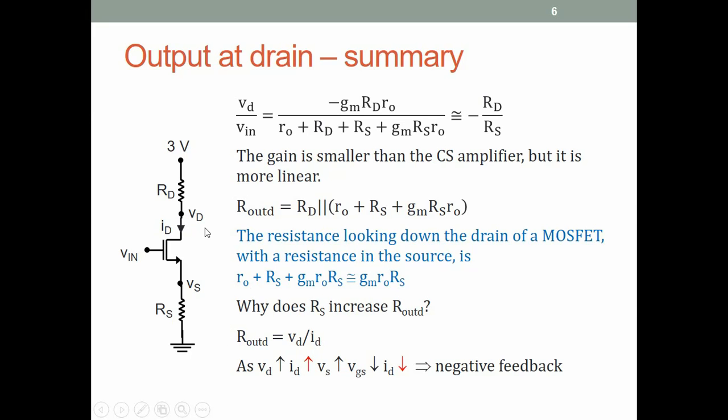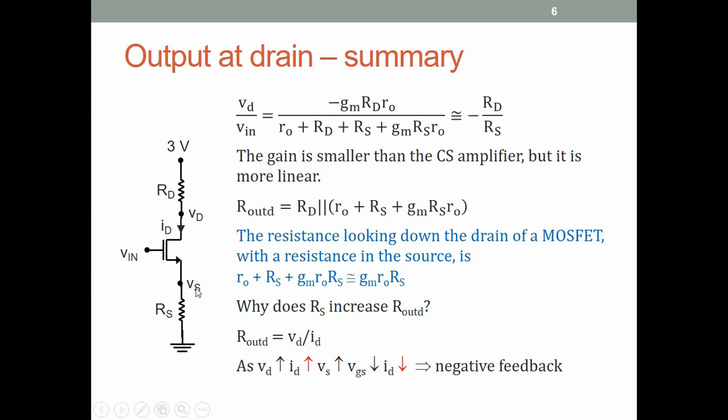Now, suppose we increase that small signal VD at the drain, then we expect that the drain current would increase. But as the drain current increases, the voltage drop across the resistor RS increases,